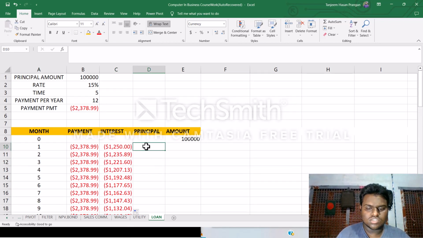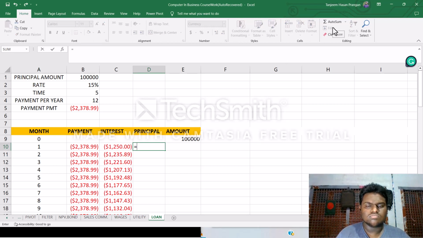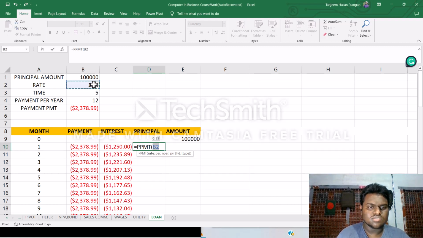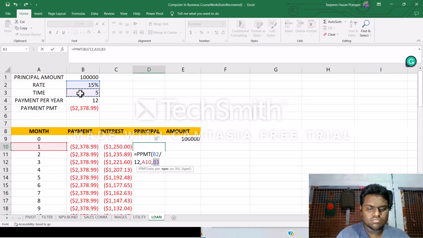Then we would like to calculate the principal amount. So to calculate the principal amount, we put the formula first. The formula is PPMT. So PPMT, then the rate, which is 15%, divided by 12. The per is still 1 because we are now in month 1, and then nper means time, which is 5,